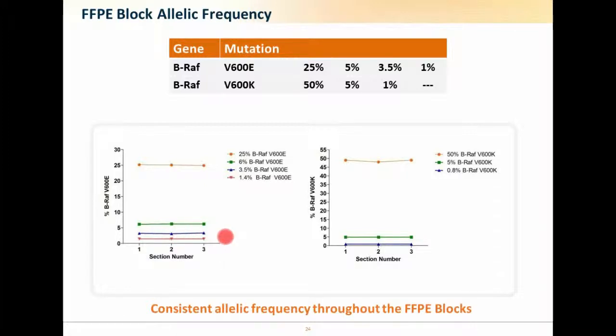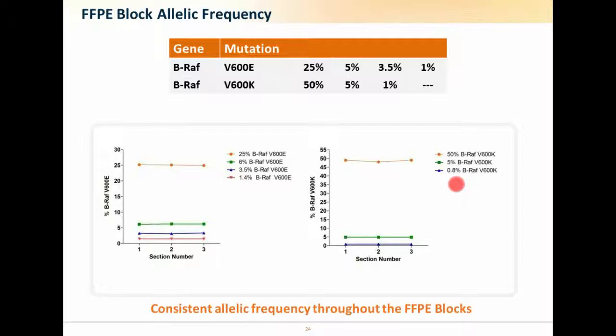What's really encouraging for us and gives us great confidence is that once we've made a block, the allelic frequency throughout the block is consistent and is always maintained. And likewise with BRAF V600K, we've made 3 blocks here: 50%, 5%, and 1%. The 50% hits 50%, the 5% is on the 5%, and the 1% comes out at 0.8%, which for us is